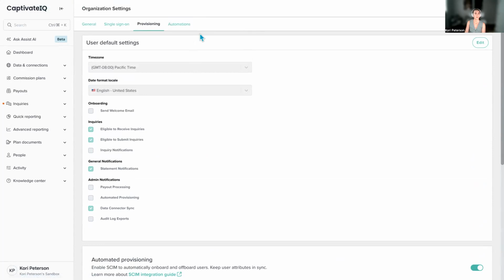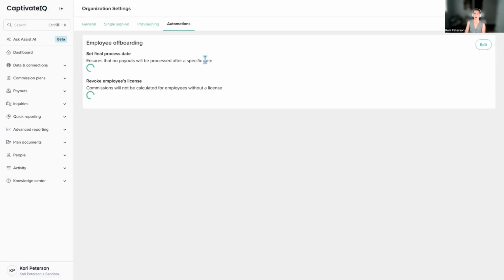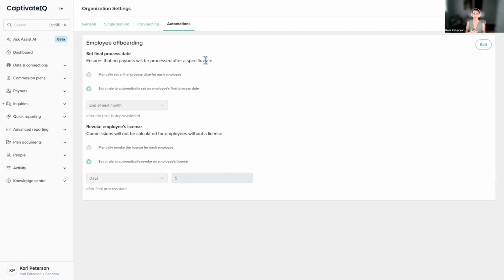And all of the deprovisioning settings would live in this automations tab, which again, when you remove an employee from the Captivate tile, or if they get deactivated in your SCIM, it'll just automatically deactivate that rep as well. And you can even set final process dates and employee license deactivation settings.